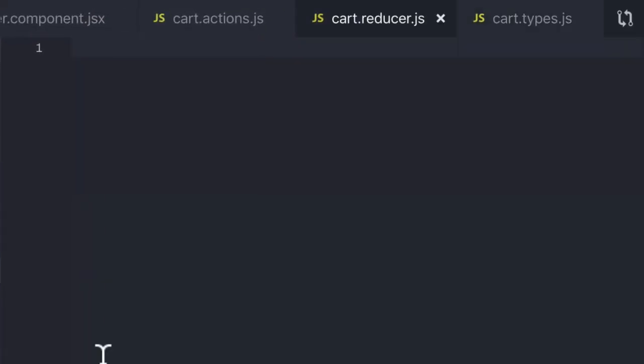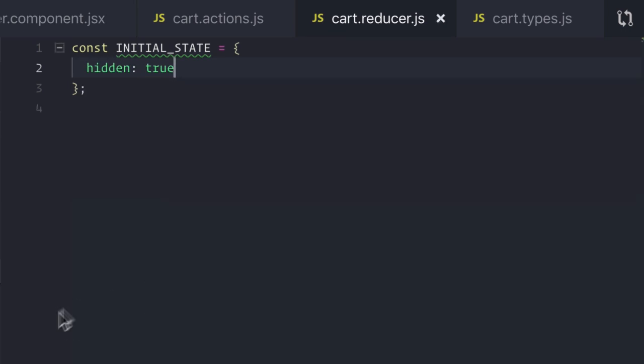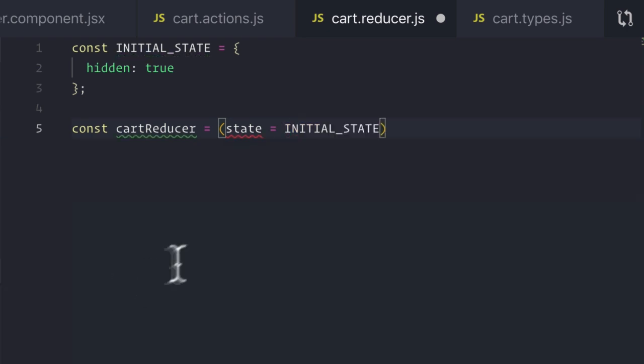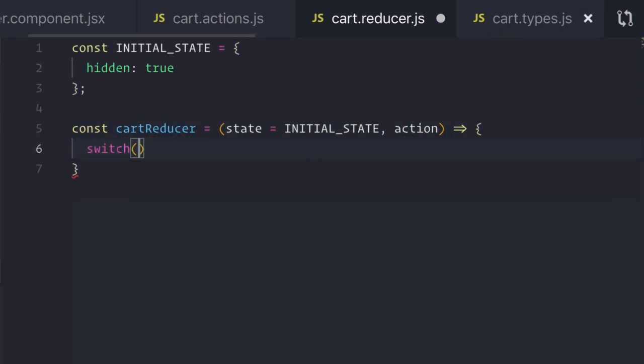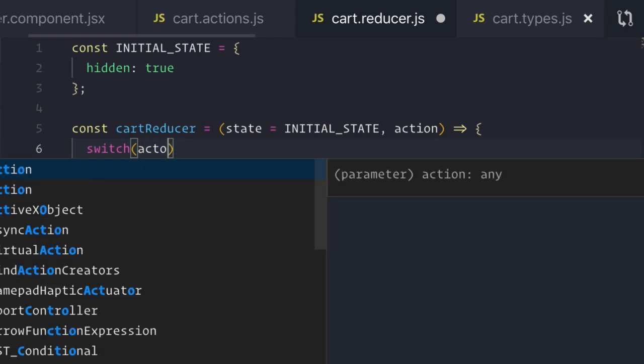Now, starting with our reducer, we know that we need an initial state where the hidden value is true, because we want to hide our dropdown when they first come to our website. Then we're going to have our cart reducer equal to a function where state is equal to our initial state if no value comes in, so default value of initial state, and then our action. And using a switch statement on the action.type,